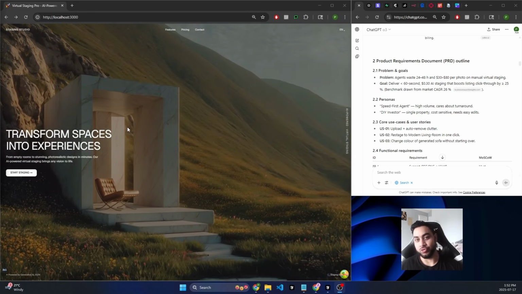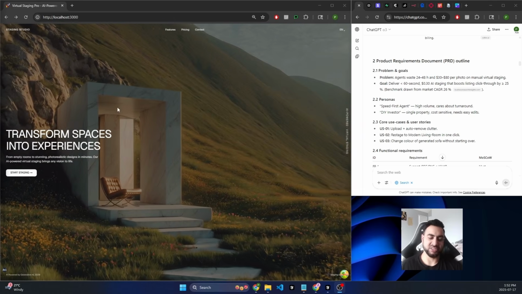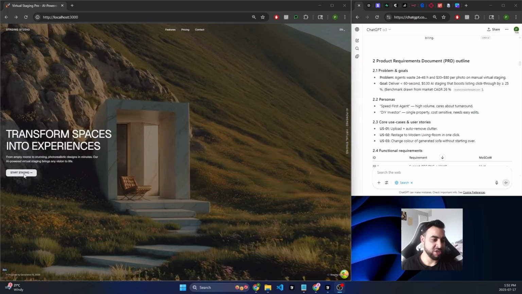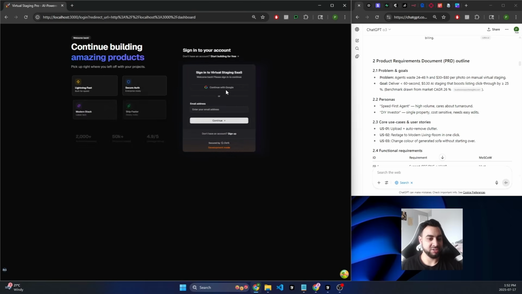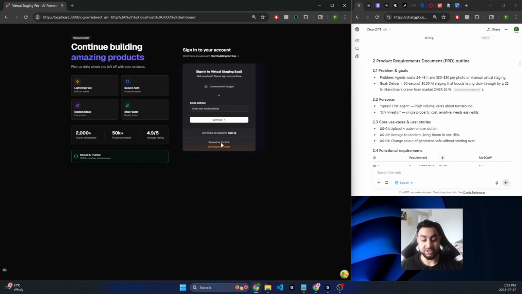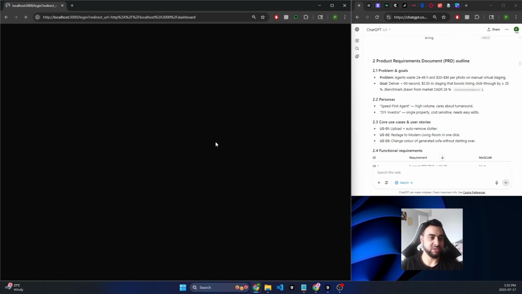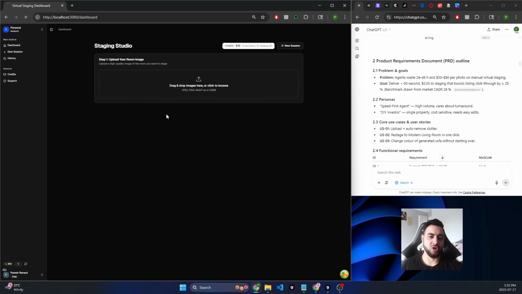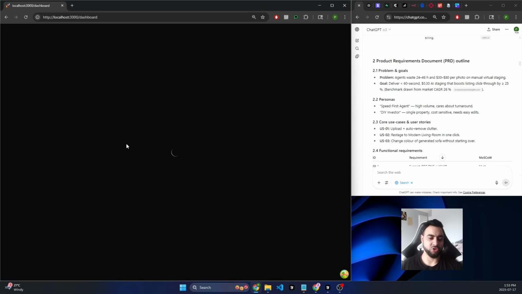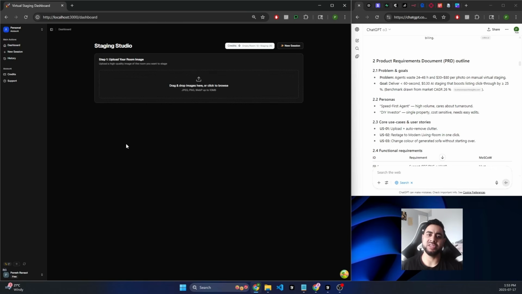First, I'm going to show you how this works. So this is the home page, the marketing page. If you go to this start staging button, of course you have to log in, just like you have to log in to any other application. So I'm going to do that. I'm probably going to hide my credentials from here. So once you're logged in, this is the dashboard you will see. We have built a very minimal version of this,